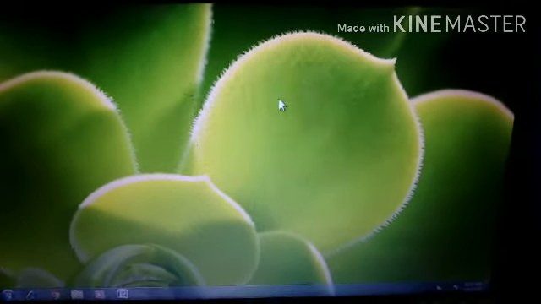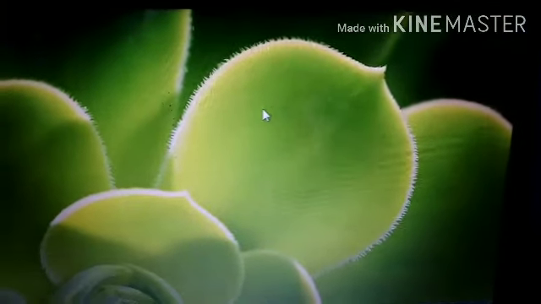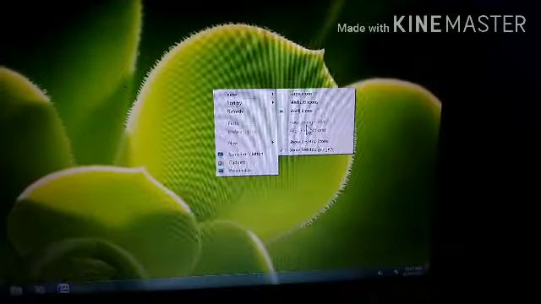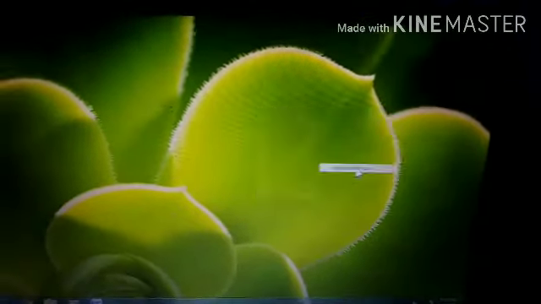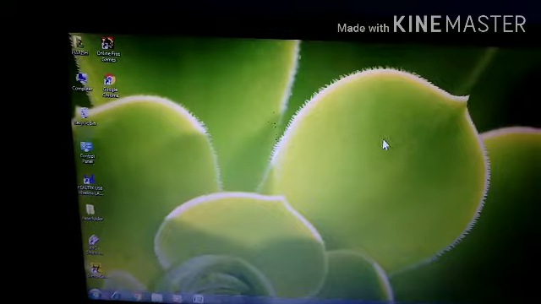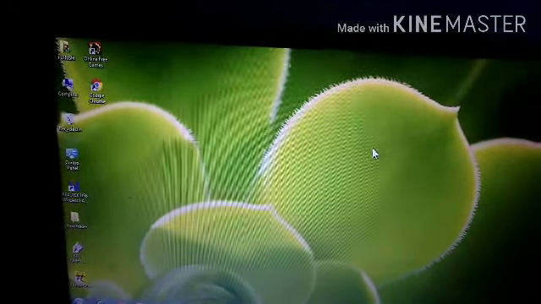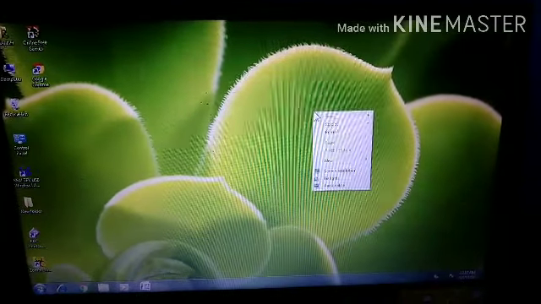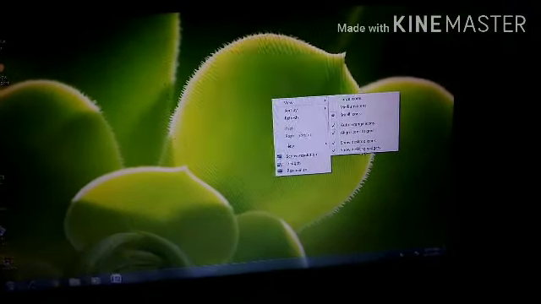So if it happens in future with you, then what you have to do? You have to right click on your desktop, click on view and click on show desktop icons. Now you can easily watch your icons. Okay, now right click again.